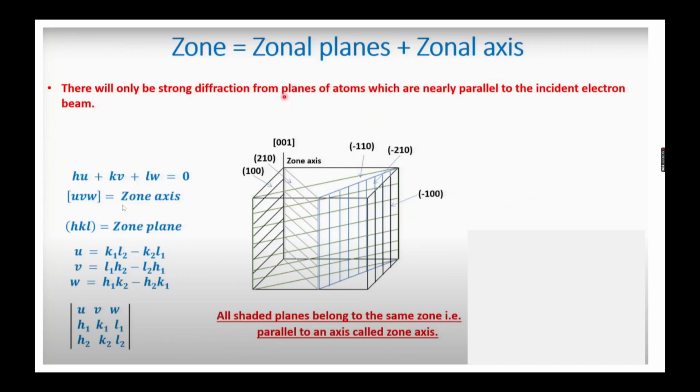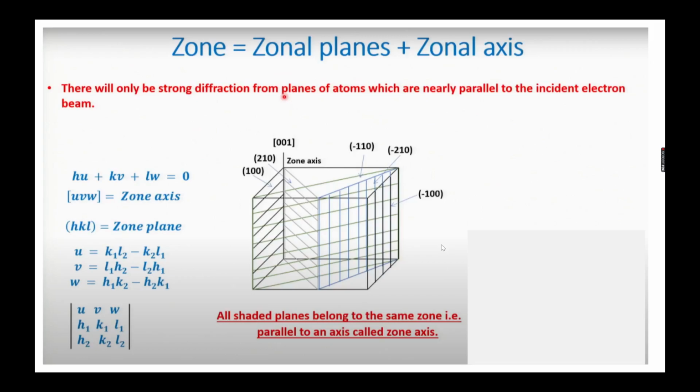So here you can see we wanted to find out the zone axis, which is nothing but the UVW. So UVW is related to the zonal plane, HKL. This is the formula: for U, K1L2 minus K2L1. For V, L1H2 minus L2H1. For W, H1K2 minus H2K1. So